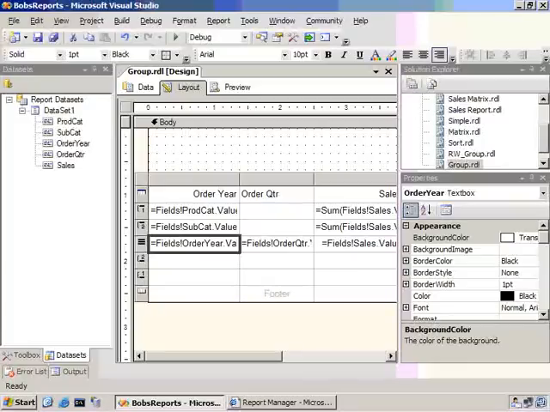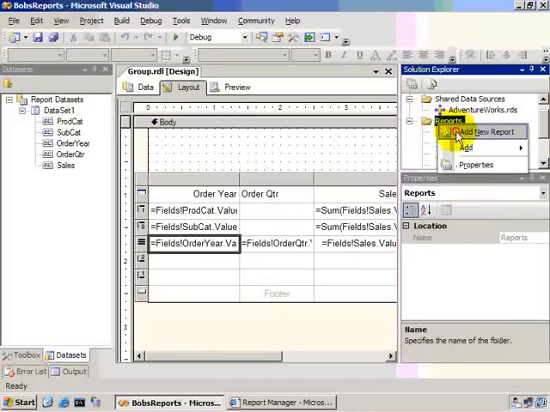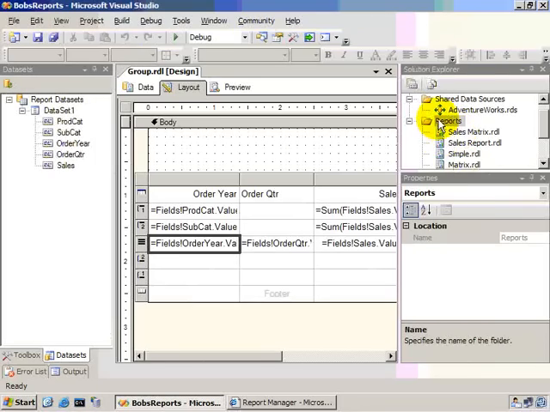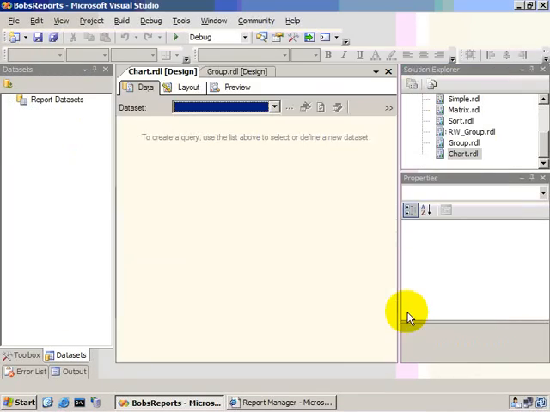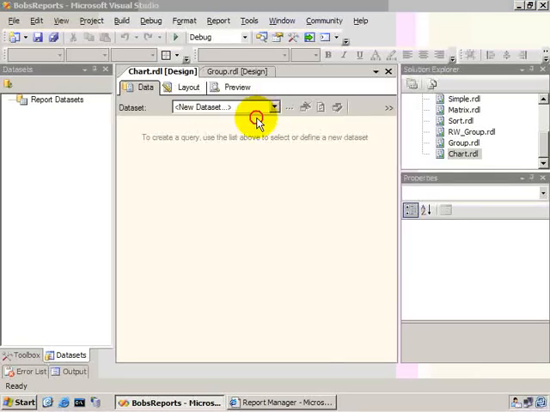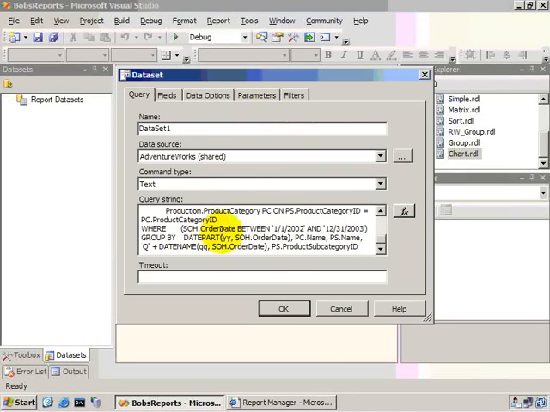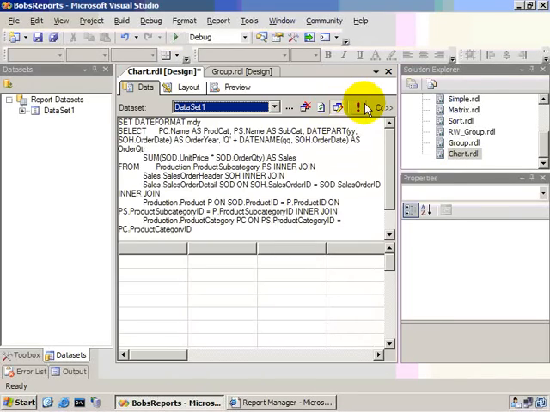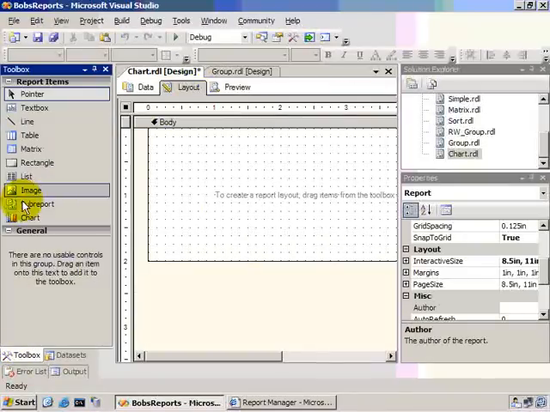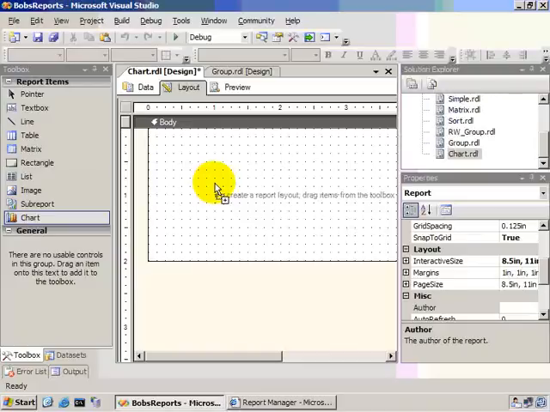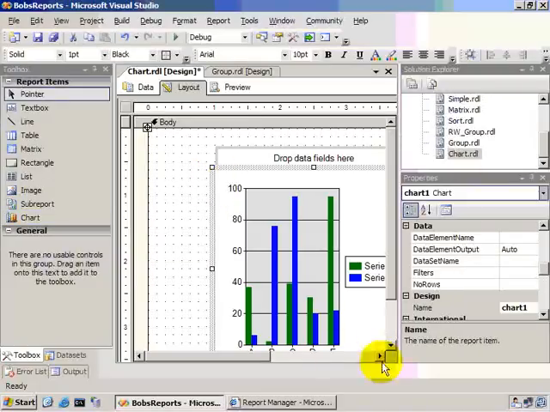Because while grouping is nice, what everybody really wants to see is the charting features. So let's right click and select new item. We're going to create a report called chart and select add, and of course we'll have to create a new data set. We've been through these steps a number of times. Okay, great. So now let's go to the toolbox and drag and drop a chart onto our designer surface,